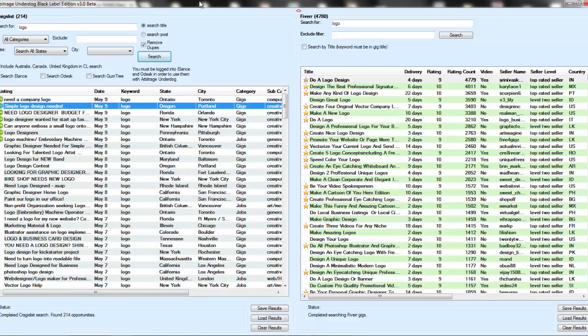Okay, so here it is. I've already run this now. I've run a search on the left hand side here. I ran a search on Craigslist for the word logo, and what we have down here is 214 opportunities of people that have the word logo in the title of what they posted. And we're going to just bring up this first one,